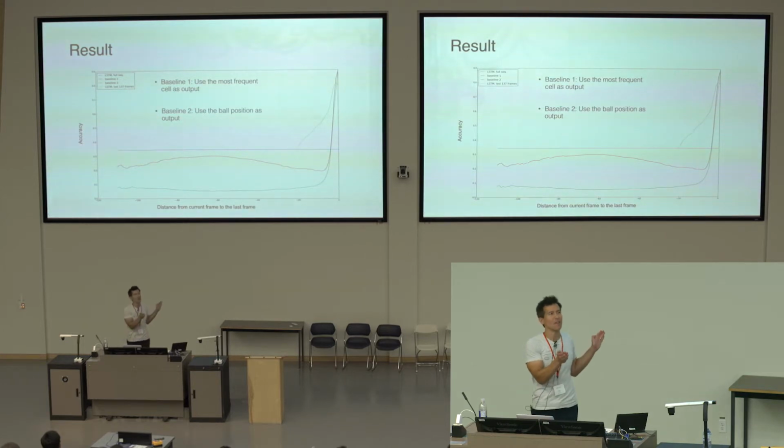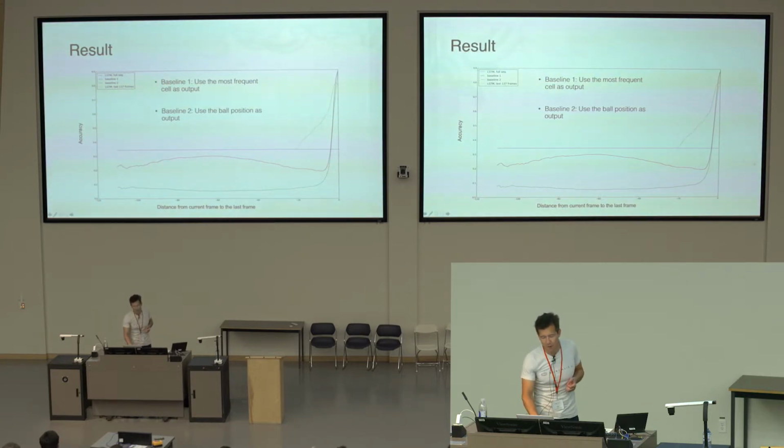And if you're far away from the time when the shot is going to take place, guessing where the ball is right now may be inaccurate, but as you get very close to when the shot's going to take place, it becomes more accurate. We were able to build methods, visualized in this yellow curve, that can analyze the trajectories of all of the players and predict in advance of when it's going to take place more accurately than just guessing the random shot location or guessing where the ball is right now.